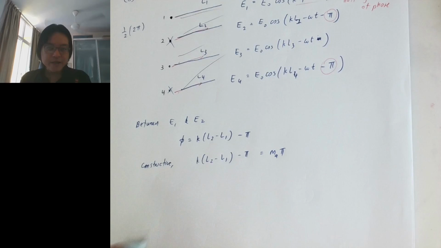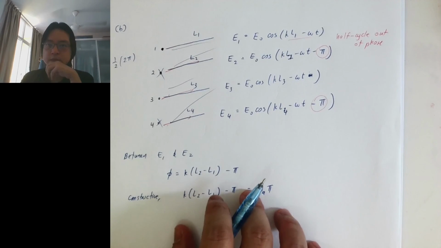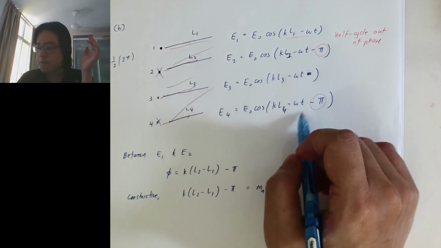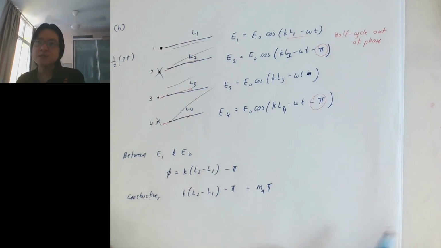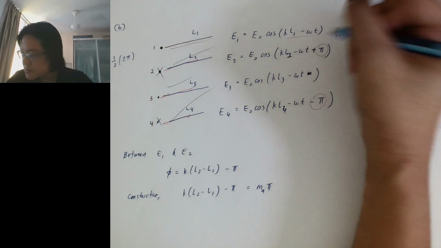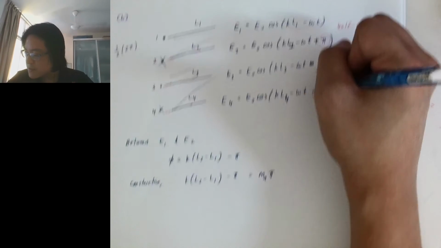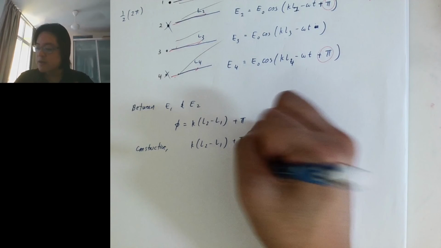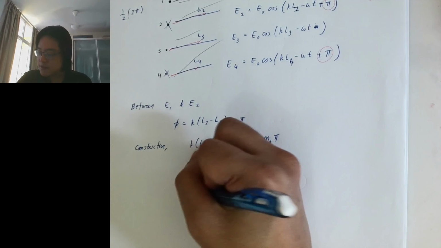Actually, I'm running out of time. I wanted to show you that when it's half a cycle, whether you minus pi or plus pi, you get the same result. It's just that the number is shifted a little bit. But because I don't have time, I'll just synchronize with the tutorial solution. In the solution I use plus. So this is plus, and then you calculate, and then you find the common position